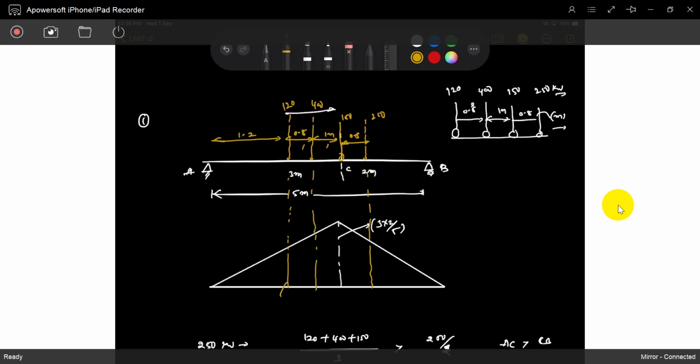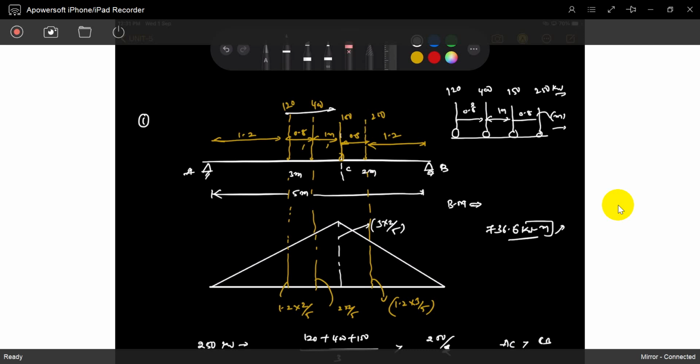Okay, so what is this value? 1.2 into 2 by 5. This value is 2 into 2 by 5. So what is this distance? It's 1.2 again. So 1.2 into 3 by 5. That's it. So what is the bending moment? Very simple problems. These are the 2 marks problems that will come in GATE, 2 marks or 1 mark problems. So what is the bending moment? Multiply everything, you will get 736.6 kilonewton meter.